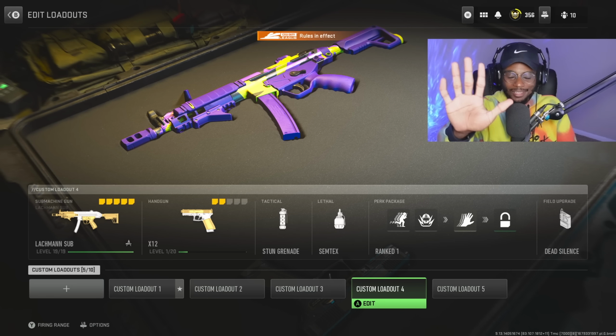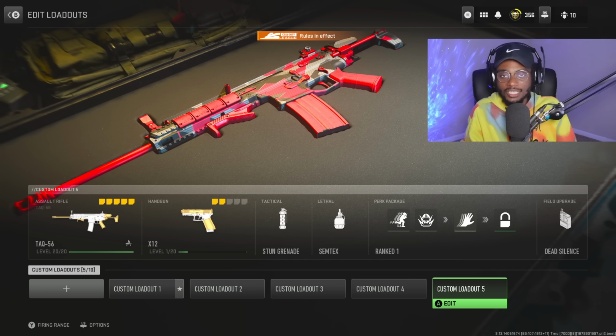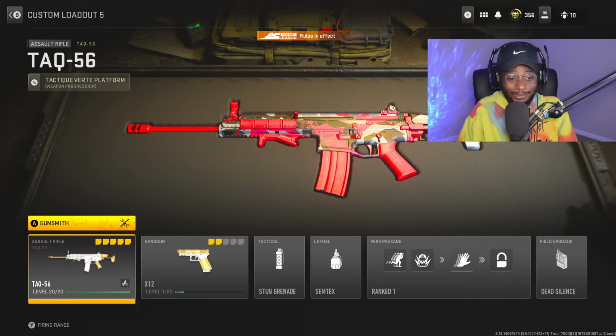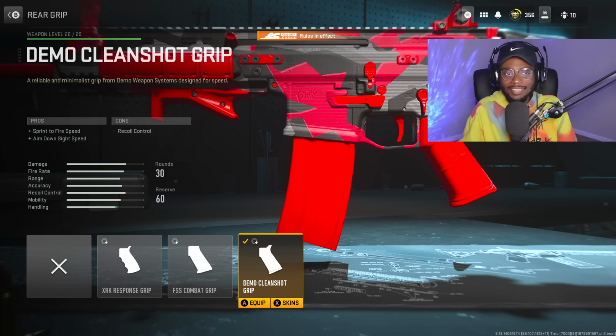Now setup number 5, gotta go ahead and run it back with the TAC 56. I'm gonna be honest, y'all, the way ranked play's looking, it's gonna be nothing but TAC 56 and VAZNEV 9Ks come season 3. Now for the first attachment, we are still gonna rock the demo clean shot grip to bump up that sprint to fire speed as well as aim down sight speed,